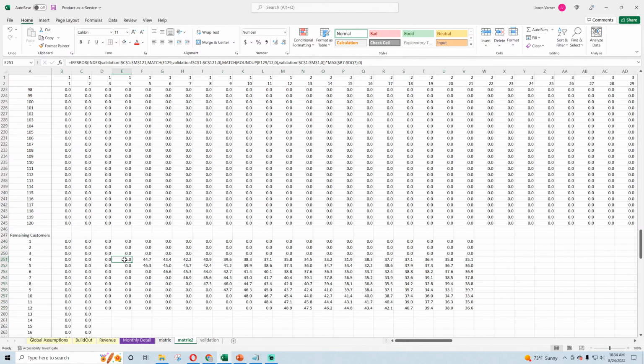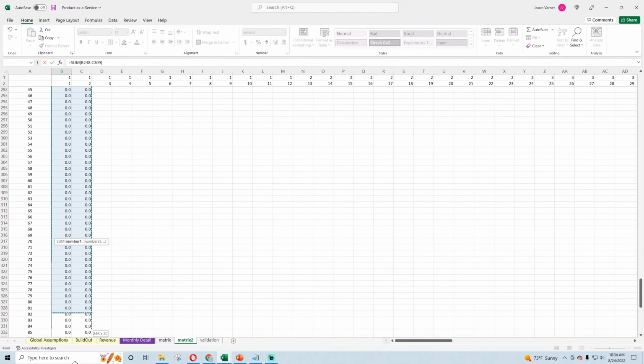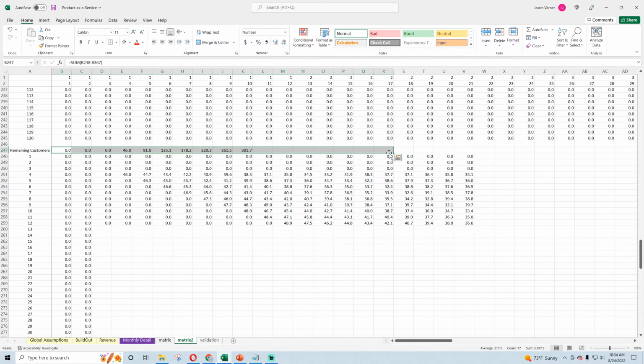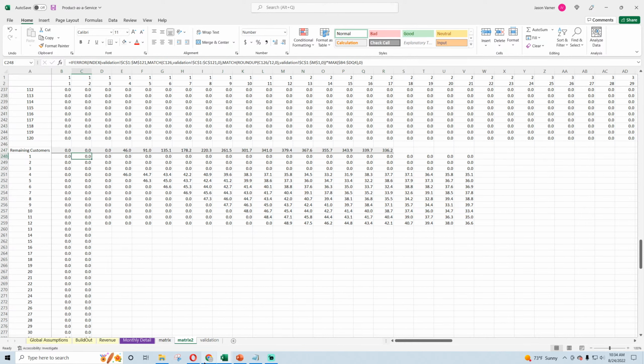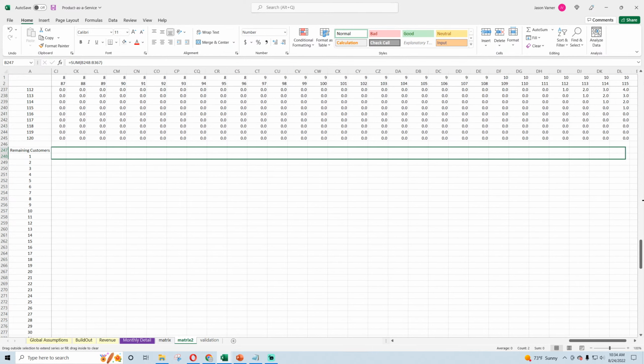There we go. So you got 46, and then you have X% less each month based on that retention curve. And then we know how many customers are remaining by just aggregating all of this. Super valuable doing this. And we just drag this over to get the full amount for the whole time.